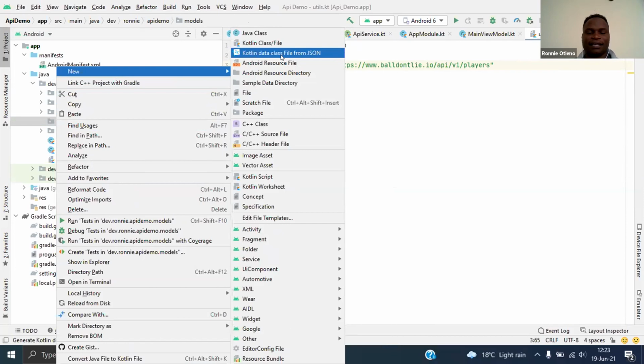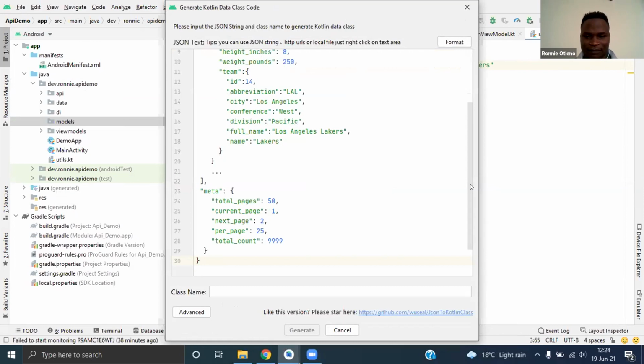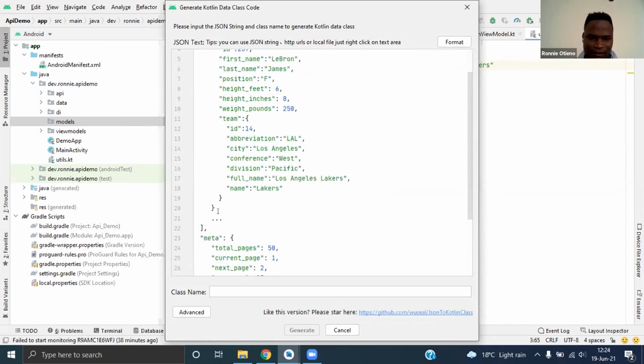I have this plugin that allows you to create Kotlin data classes from the JSON. So that's what we're going to use. Just paste the JSON there. And let's remove this because they don't work. And let's call it maybe PlayersResponse.